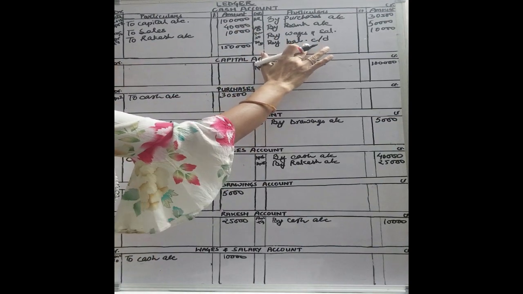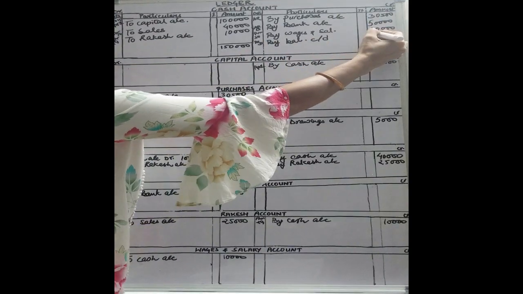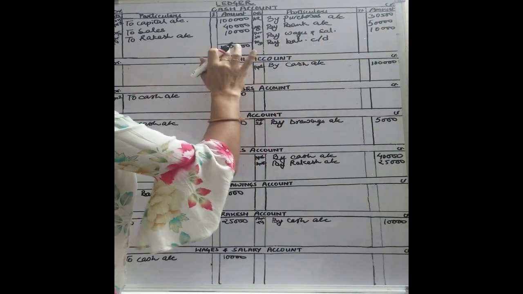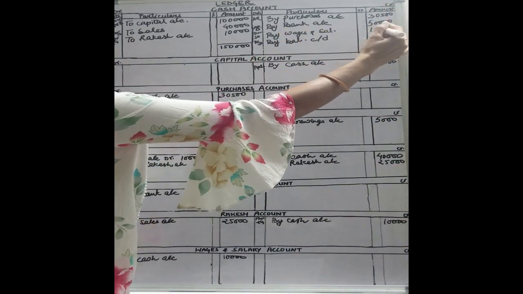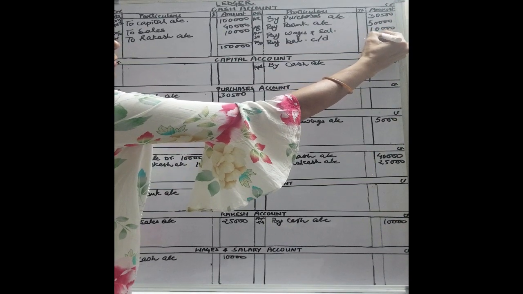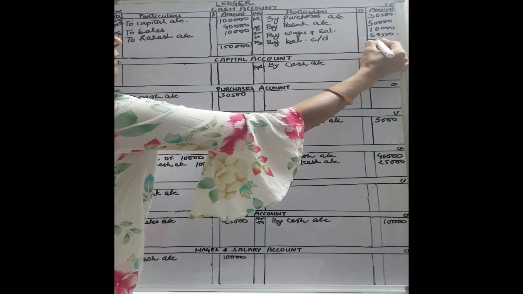Now by balance c/d with rupees, how much is needed to make it 1,50,000? It's 59,500. So we'll add 59,500 here to make it